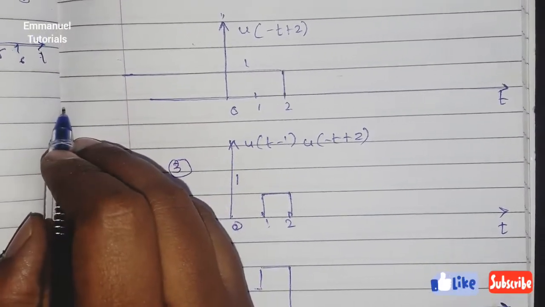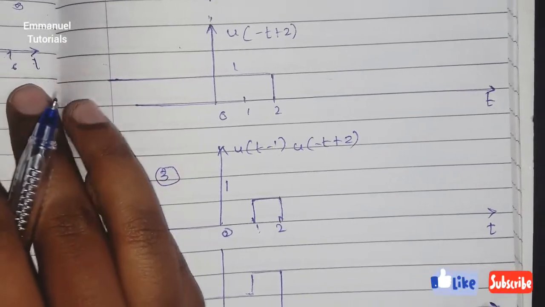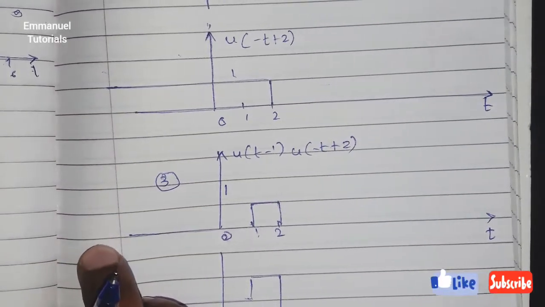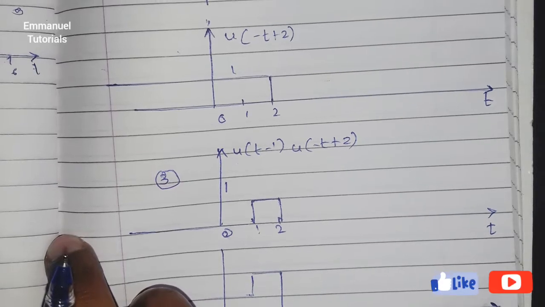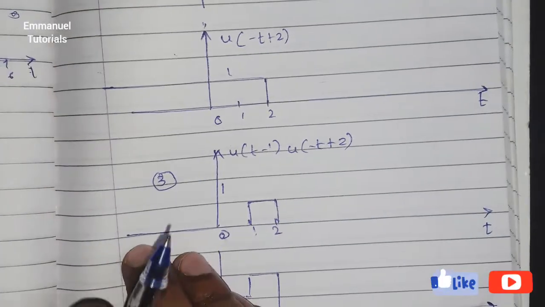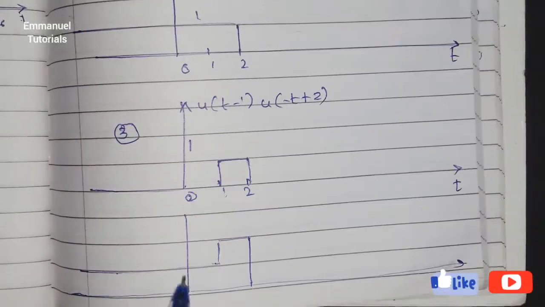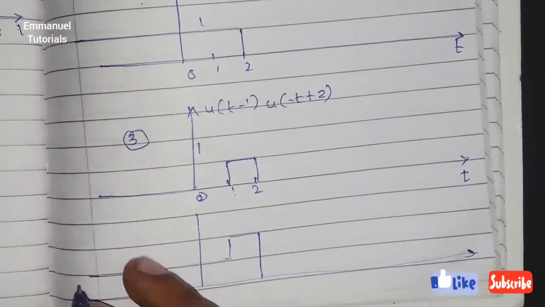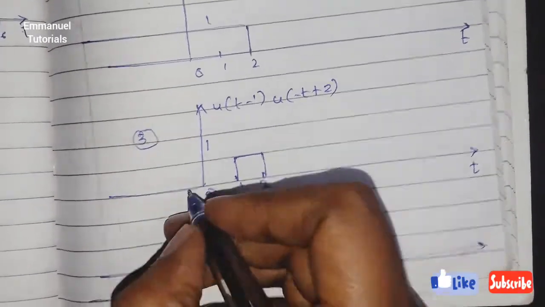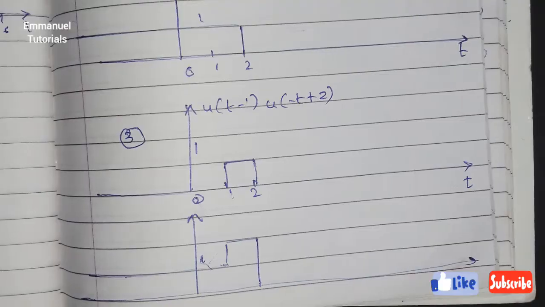At extreme left we have minus infinity, and at minus infinity the amplitude is 1. So 1 continuously from minus infinity to plus 1 in the first signal, and in the second signal we have an amplitude of 0 continuously from minus infinity to 0. So what is going to be 1 plus 0, which is 1. So in our resultant signal we are going to have an amplitude of 1 from minus infinity to 0. So that is what we have drawn, a continuous time signal from minus infinity to 0.